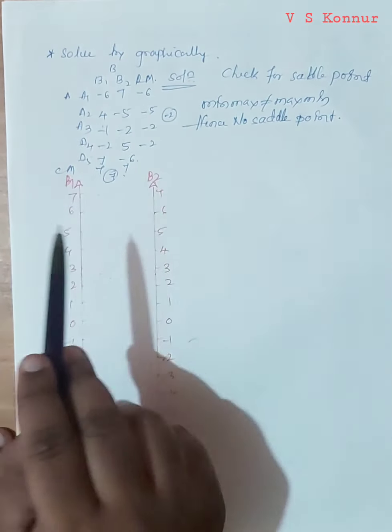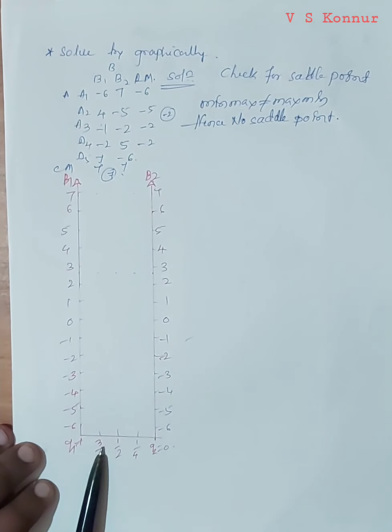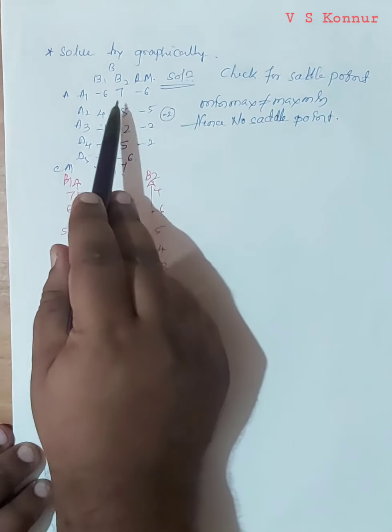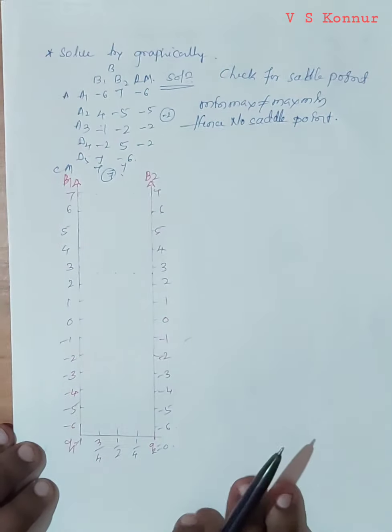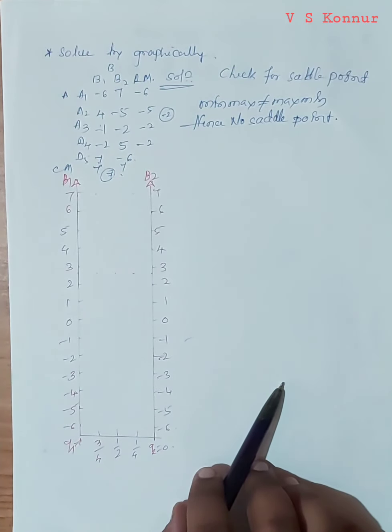So B1 and B2 are there. I have written B1, B2 with a distance of 1 in it. So 1 unit I have taken 1/4 to get good result. Next, maximum 7 is there. Maximum 7 I have taken. Minimum -6 is there. Minimum -6 on both the sides I have taken. Now one by one we will draw the lines on the graph.